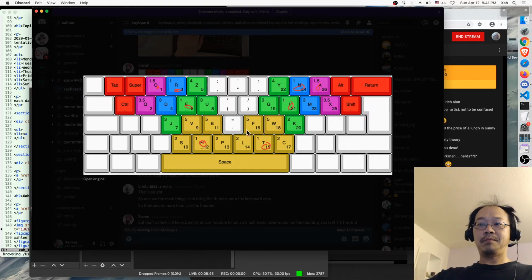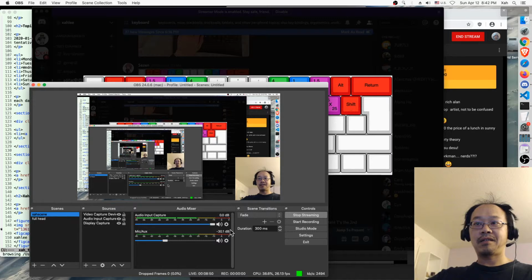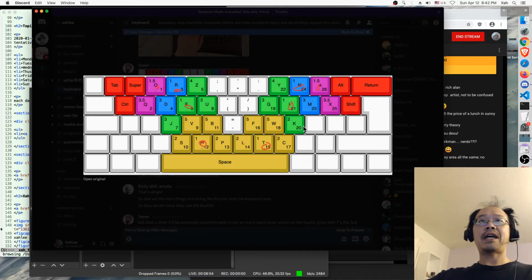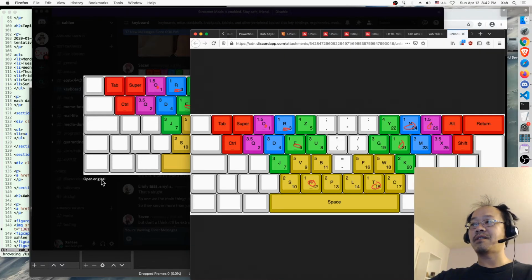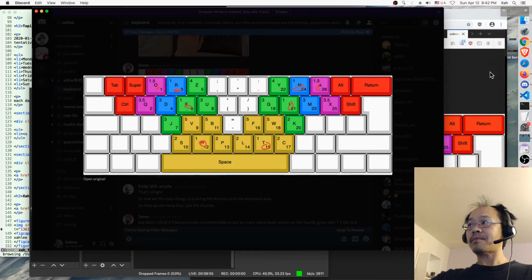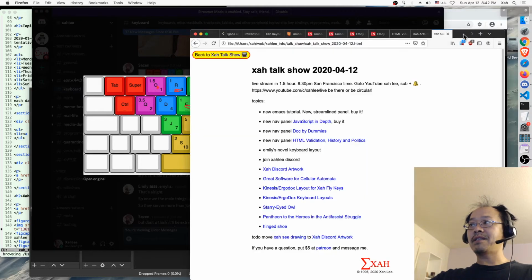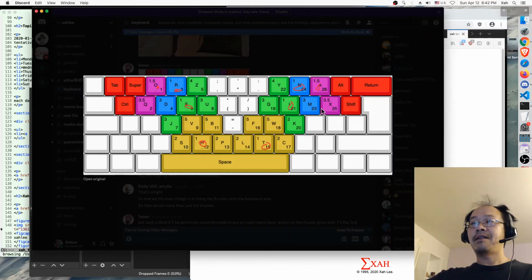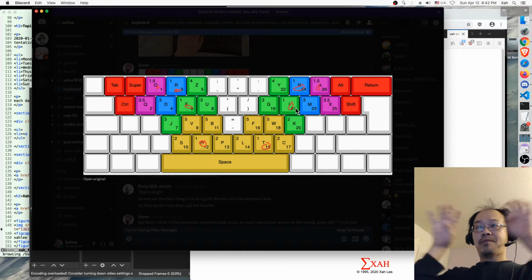If you look at this image, let's see if you can see it. You can see it, right? You guys can see it, right? So if you look at this image, let's magnify it. Okay, so anyway, if you look at Emily's keyboard layout, you see that her home row is not the normal row. Rather, it's like,